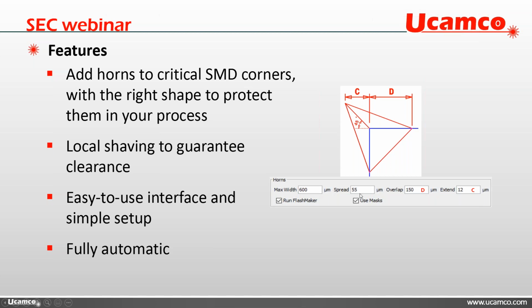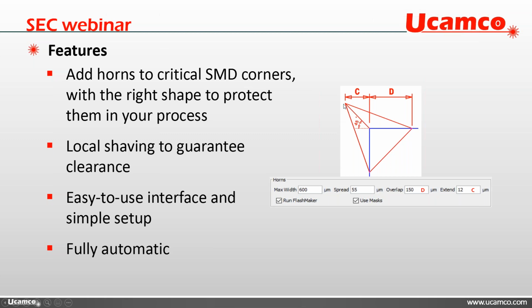something like this. And then for those pads, and for those SMD pads only, you can define a new spread. So this is not the spread that we already defined before for the SMD pads, but a spread only for the pads that are small. So you can add a dedicated spread for this one. And you define an overlap and an extend, where the overlap, if the blue thing is the SMD pad, is this large area over here, and the extension is actually the C part. So how far does the corner go out?